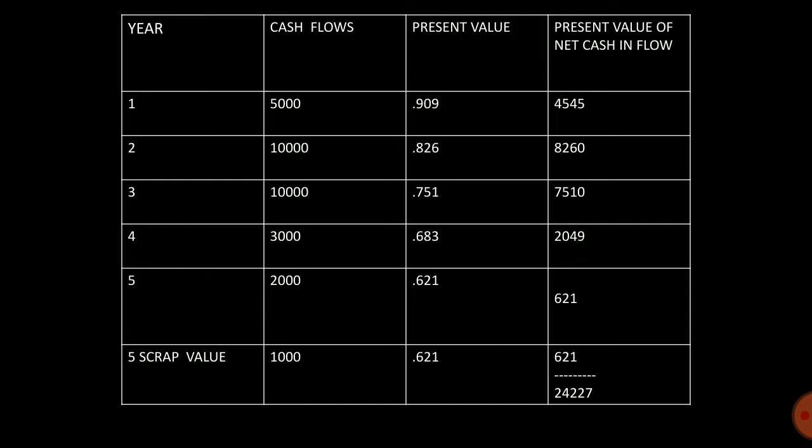Then for that we want to draw 4 columns. First column year, second column cash flows, third column present value, and last column is present value of cash inflows. So year 1 to 5, and last column must be scrap value, because scrap value is realized at the end of the project life, and that is 5th year. And so we realized that value in 5th year, and we want to convert